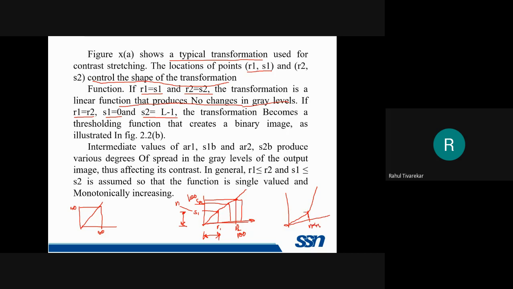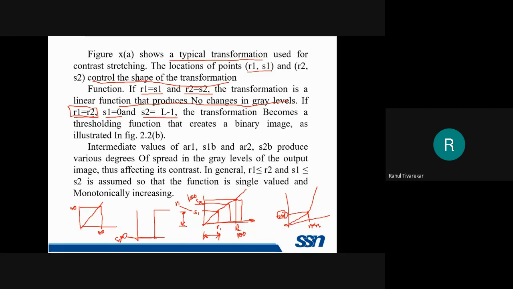But in this case, this is my S1 and this is my S2. And what they are saying, do not use this scenario. Use R1 is equal to R2, but use S1 is equal to 0 and S2 is equal to L minus 1. So I will redraw this and I will make R1 equal to R2. Let's say this point is R1 equal to R2 and corresponding S1 in this case is 0 and